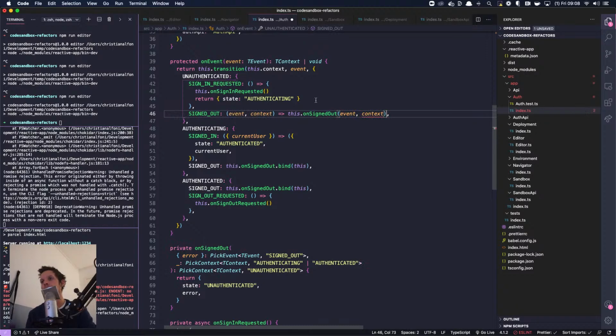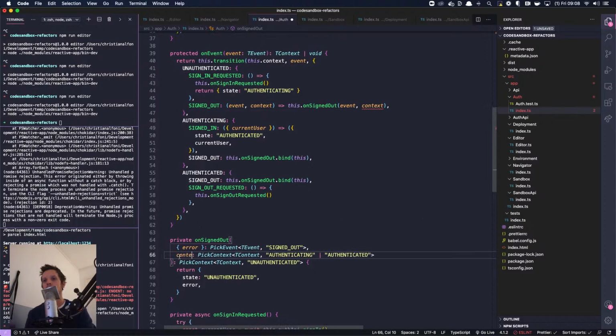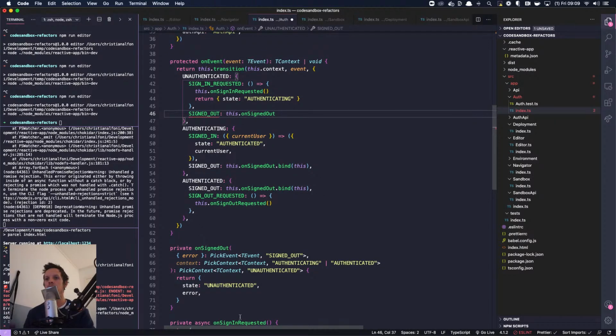Yeah, here it says the context doesn't match. Is it because I'm doing that thing, if I do unsigned out? Is it because I bind it? Oh my god, it's because I'm binding it. Thank you, TypeScript. Okay, so this is kind of silly because I can't do this, because then we lose the,